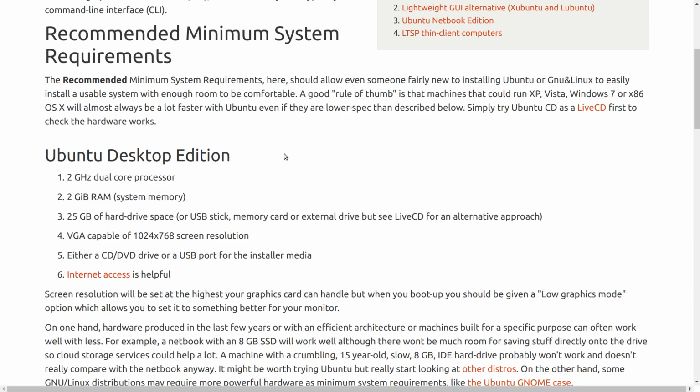If you are a Mac user, you can install Ubuntu on your Mac machine. It's a bit more of a complicated process. There are no guarantees as far as whether this is going to work perfectly. There's a lot of different hardware out there, and while Ubuntu does work on a very wide variety of hardware, there are a few things like some oddball Wi-Fi cards that it just simply doesn't work